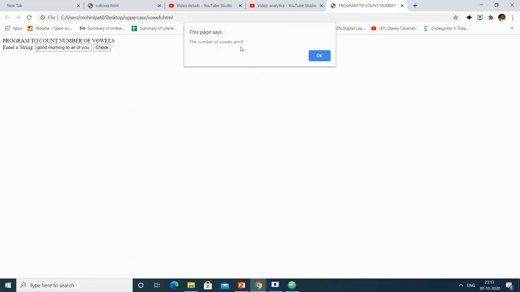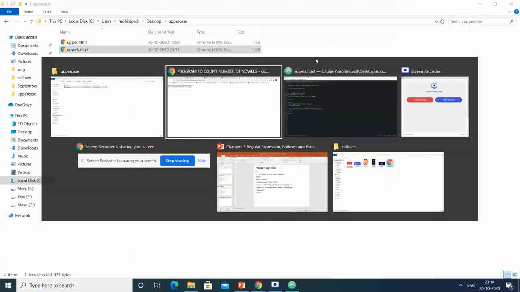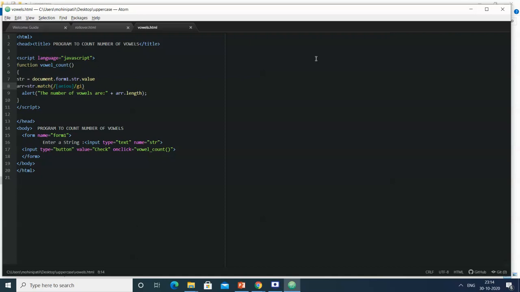Now you can see that the number of vowels are 9. So we can say that our program is correct and we are getting the correct output. So this is how you can implement the program to count the number of vowels present in the string which is given as an input by the user by making use of regular expressions using JavaScript.